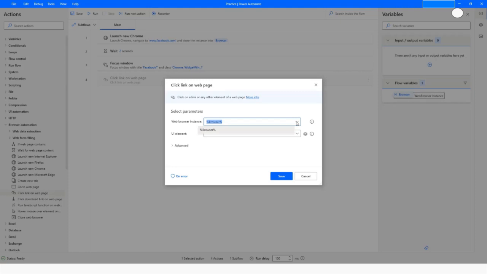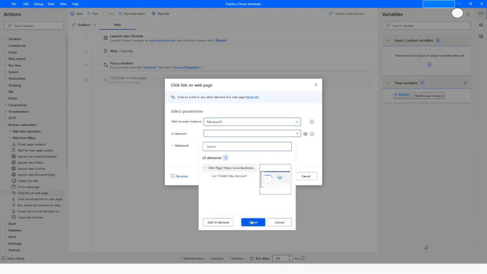Launch new Chrome browser, and that is why we are using this browser, because we have used the same browser instance to launch the facebook.com page, and the same instance we will use to click on the element. So just click on this drop down, and then use the add UI element to capture a new element on the web page,